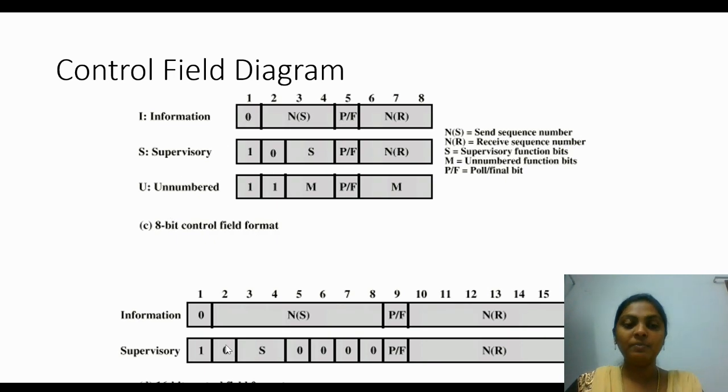In this 8-bit field, the information frame contains N(S), P/F, and N(R), where N(S) and N(R) represent the send sequence number and the receive sequence number. P/F